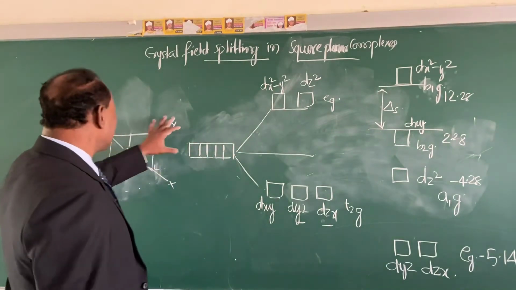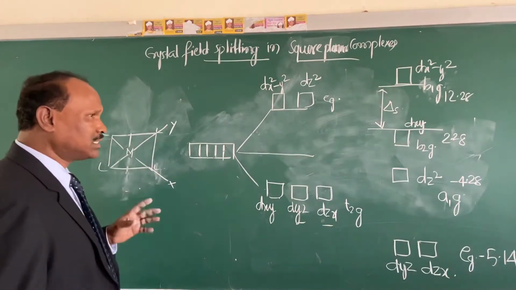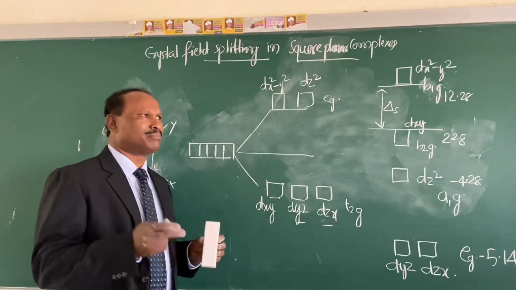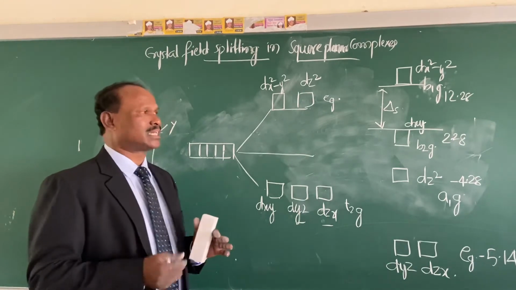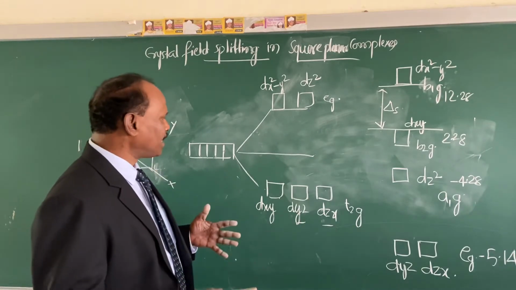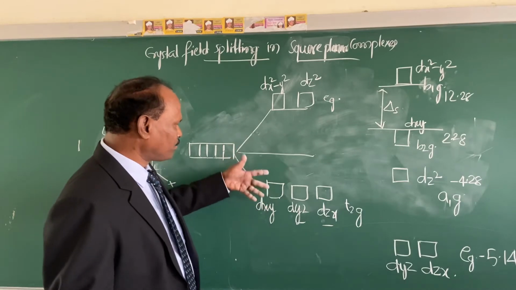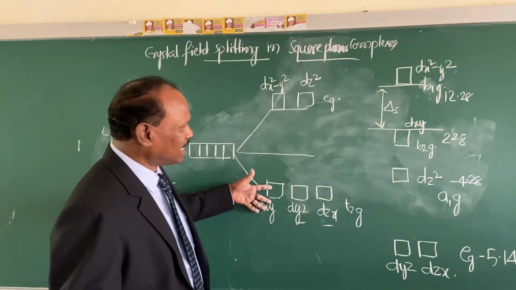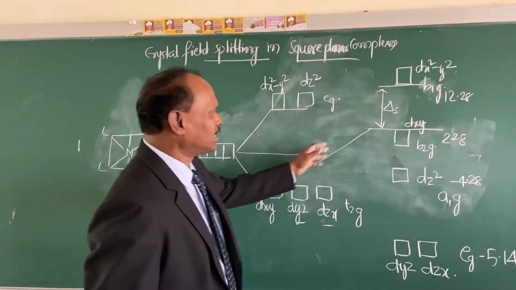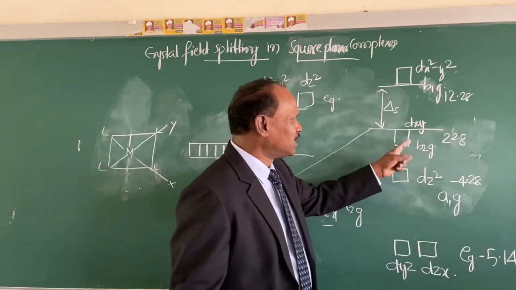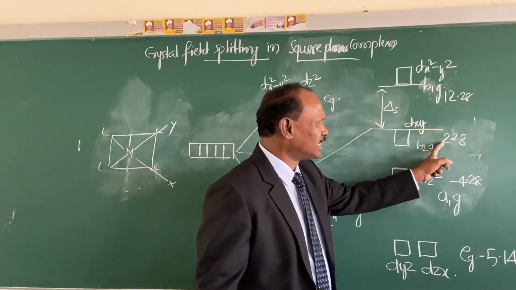Now the ligands in case of the square planar complex are approaching along x and y axis. That means the orbitals of the central metal ion in the square planar complexes which are there along x and y axis suffer maximum repulsion. Therefore, see here this dxy orbital suffers maximum repulsion, and hence it is raised in energy. I have written here it is dxy, and it is denoted as B2g orbital, and its energy is written as